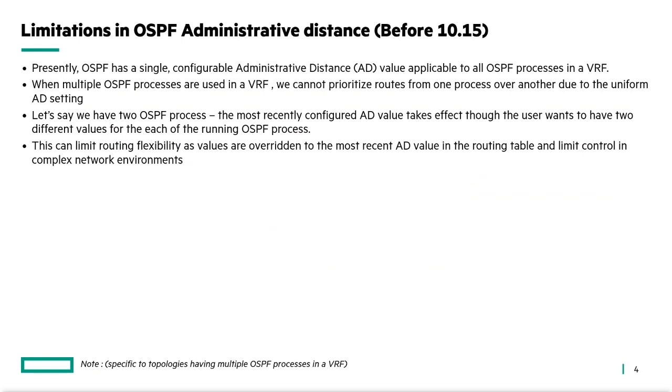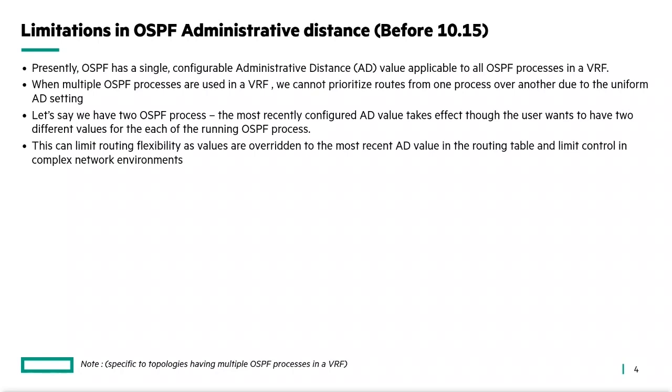Now imagine you have 2 OSPF processes. The system automatically applies the most recently configured AD value to both, even though the user wants to have different AD values for each of these OSPF processes. As a result, this creates a conflict and overrides the flexibility to differentiate between the processes, limiting how routes are selected and prioritized. This limitation can reduce routing flexibility, and one major problem it can cause is the loss of fine-grained control over the